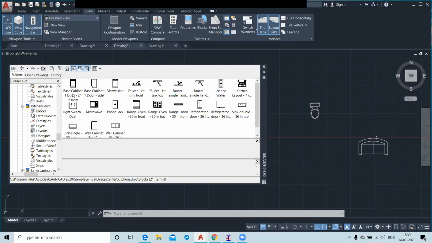Sir, when every object is here, why should we create another one? Because if you don't find any object here, you have to create your own.